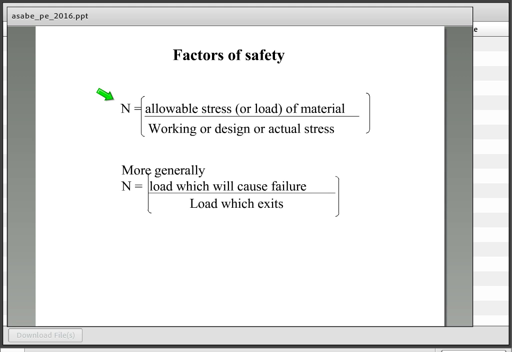More generally, we could say that the load which will cause failure divided by the load which is actually existing on the part. Now, one point of discussion here is that a load which will cause failure in a machine is not always a load which would actually cause a part to fracture or actually physically fail. It may fail because of